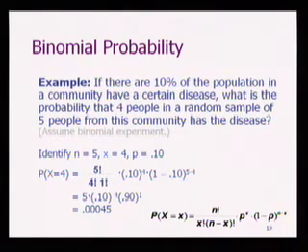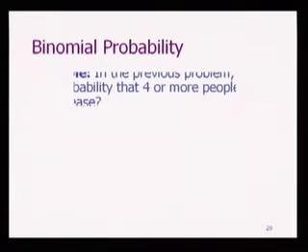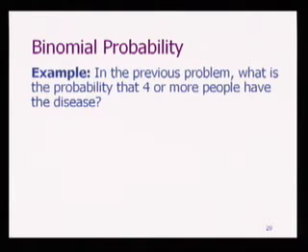Okay? And to solve this problem, you don't have to go back to the independence of events, multiplication rules and the counting. You don't need to because you realize this is a binomial experiment. You can use this function to help you calculate probability. And life will be much easier. Okay? Let's look at another example. Similar setting, but what if I ask you what's the probability of having 4 or more people with the disease in a sample of 5?